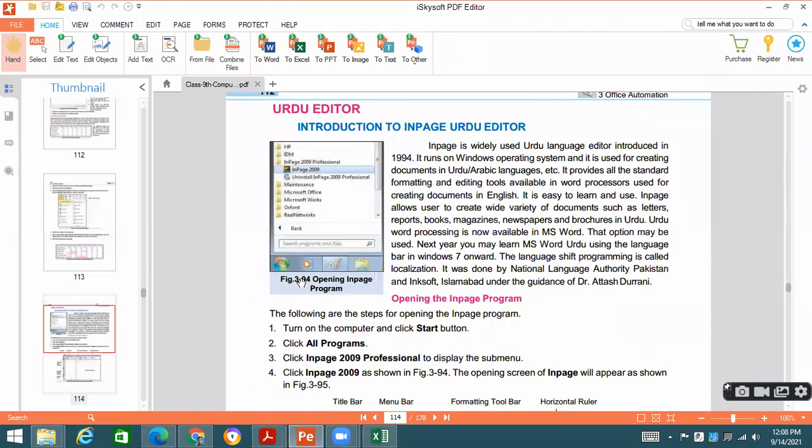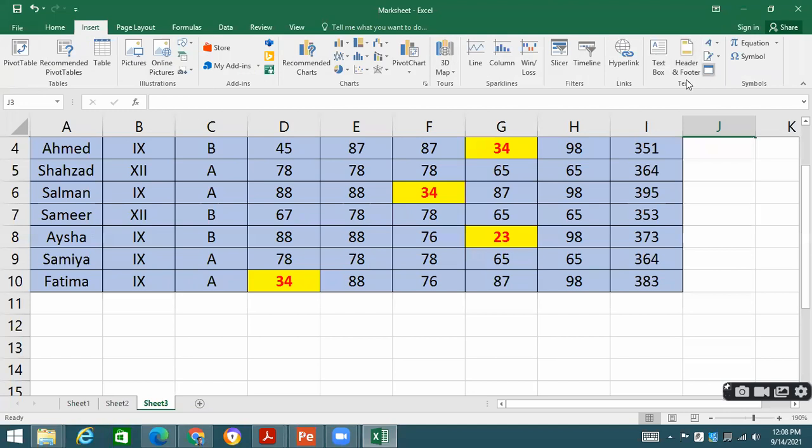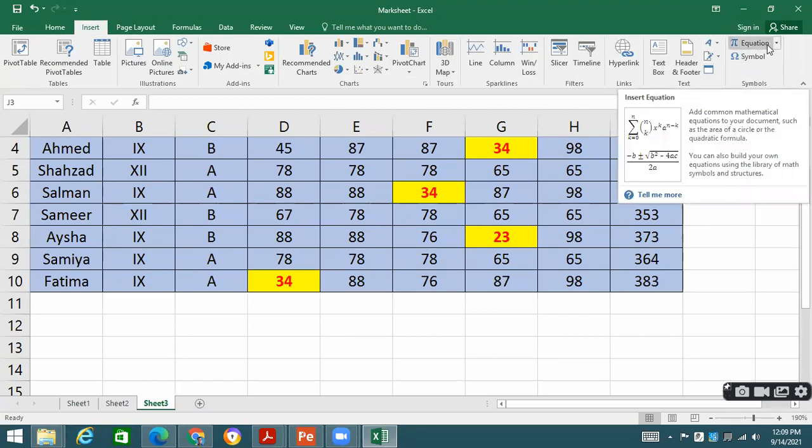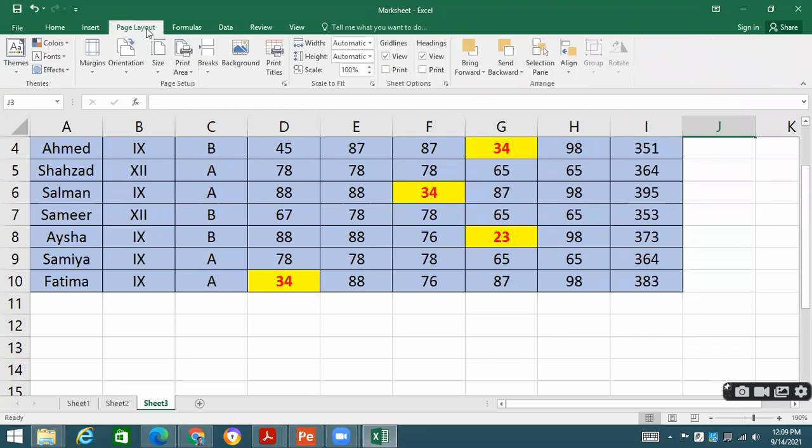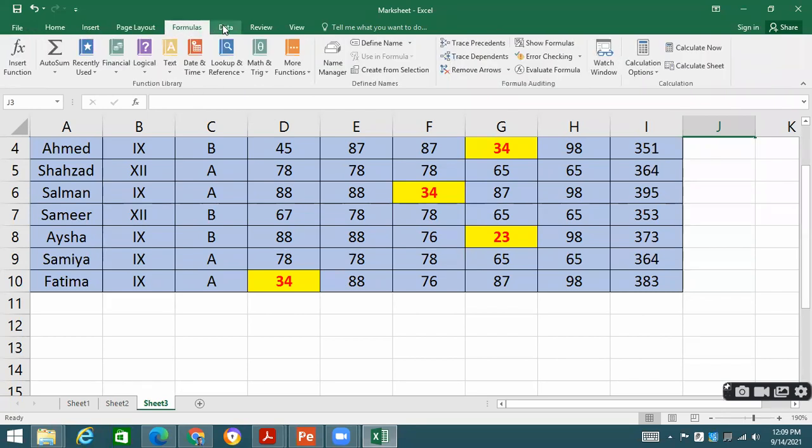Inshallah, we will continue Excel. Why? Because in Excel, I want to explain the Insert menu. All these options we have seen, but I want to explain to you. Some are quite similar. Equation editor, symbol, hyperlink. These are similar to Word. I am not going to repeat it again. Some things are different, so I want to explain all these things to you. Inshallah, I am going to explain.